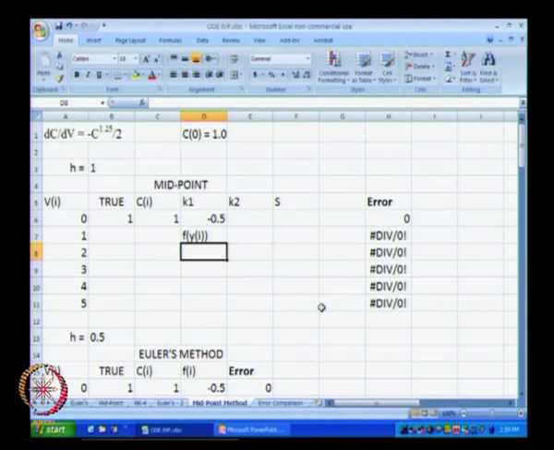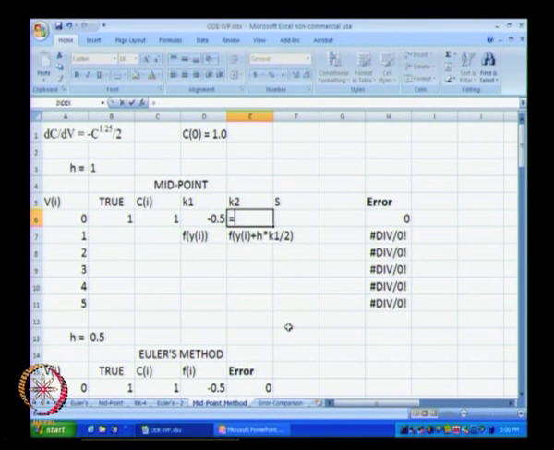Okay. I am not writing Ti right now because, in this particular problem, if we compare this expression with dy by dt, our concentration C is the variable y and our variable V is the independent variable t. K2 is going to be the function f computed at yi plus h/2, that is the midpoint between Ti and Ti plus 1. So, that is yi plus h multiplied by K1 divided by 2. That is the location at which we compute our f for getting our value K2.